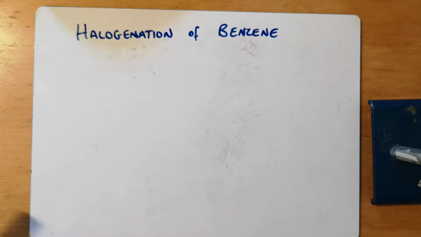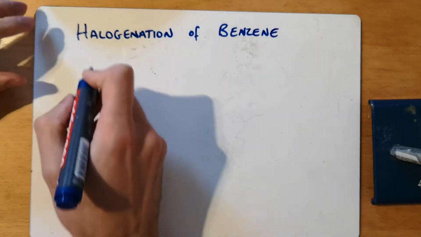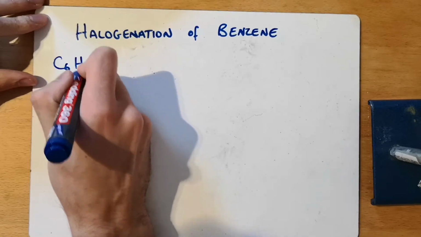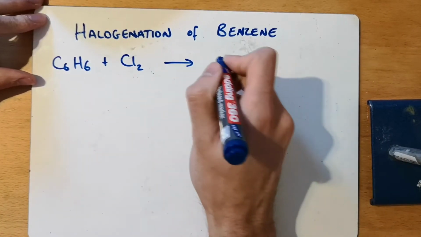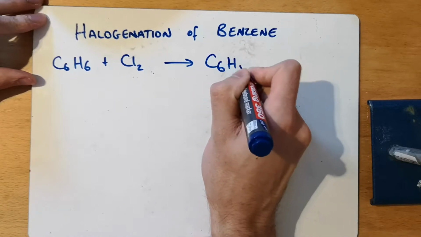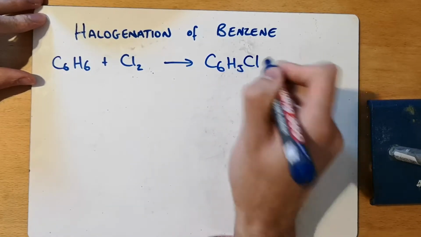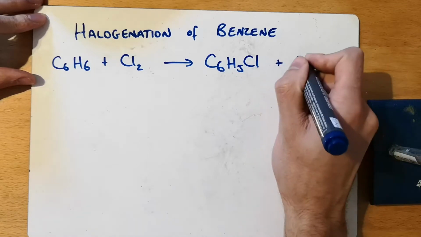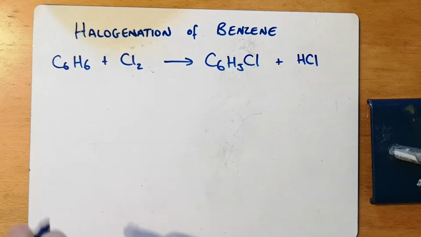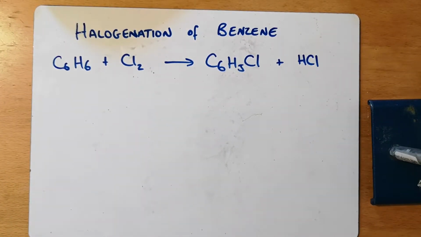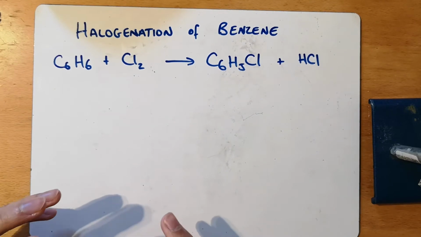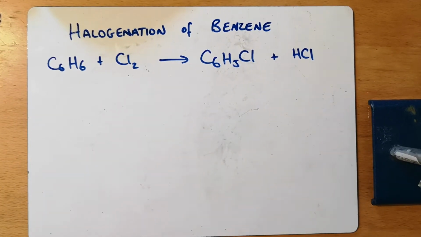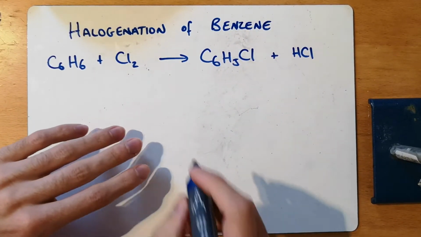Next one we're going to do is our halogenation of benzene. And this is benzene plus a halogen goes to C6H5Cl plus HCl. Now if you'd watched the previous video, you'd be shouting at this point, but wait, benzene doesn't react with halogens, specifically bromine, but it wouldn't react with chlorine. And you're right, so we need here